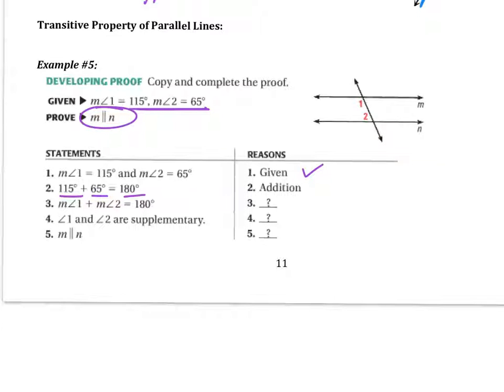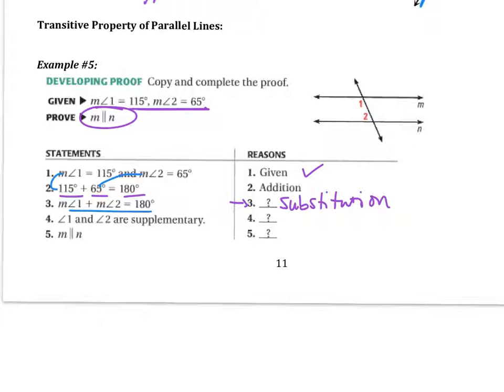Okay, we used the addition property. Okay? Angle 1 and angle 2 is equal to 180. Can anybody tell me what property I am using? Because remember, reasons are always properties, theorems, or postulates. Substitution property is correct, because we substituted angle 1 for the 115 and angle 2 for the 65, and then we came up with this